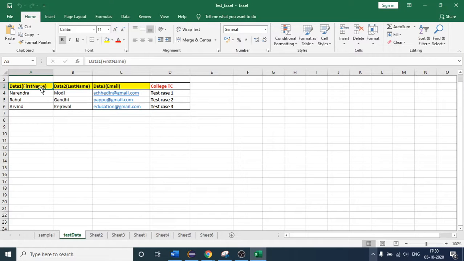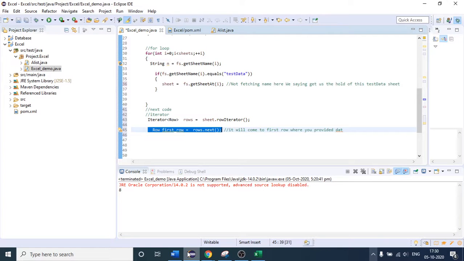So here, what I am saying, after I get access to this row, I will traverse each and every cell where data is present. This is important, where data is present. We are not going to traverse this. We are going to traverse only those cells where the data is present. So I came here with the help of the rows dot next method. After that, I will get access to the cell. So see here, there is one more method.